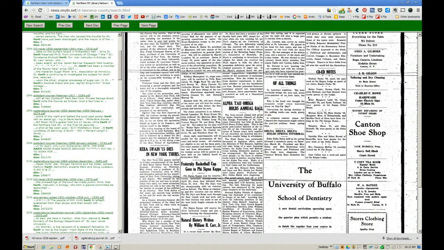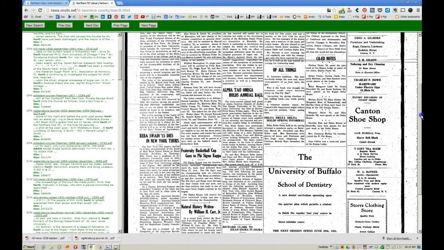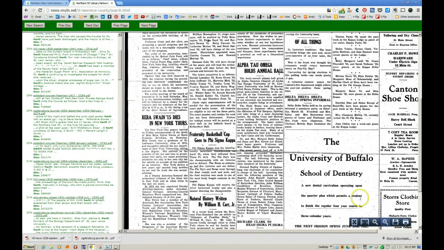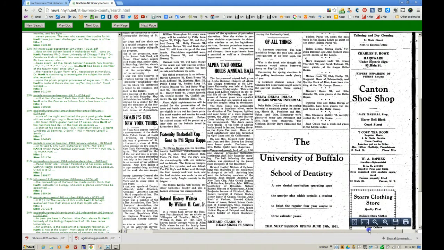Now, if you were lucky enough to actually see the article when the page was brought up, and let's zoom in a little bit more on that one, and we'll move it to the center.